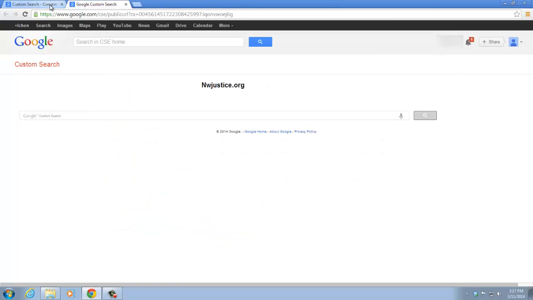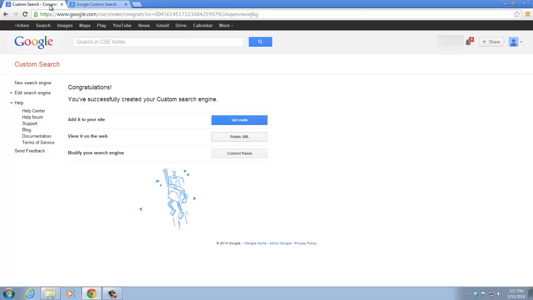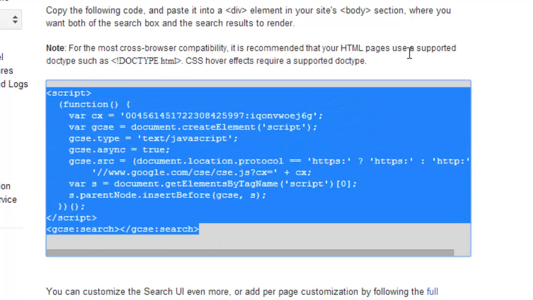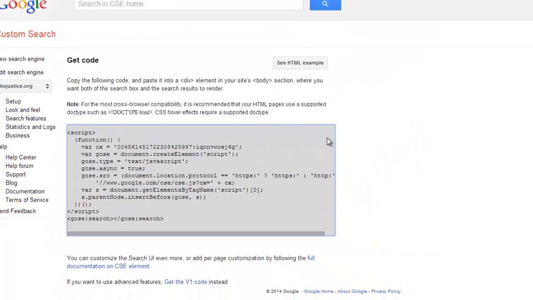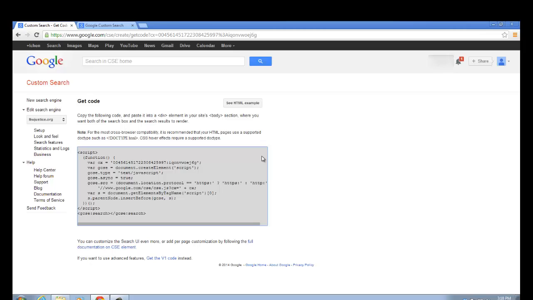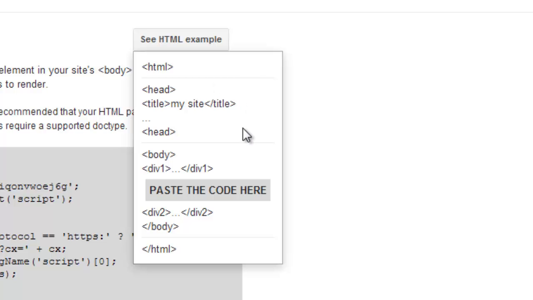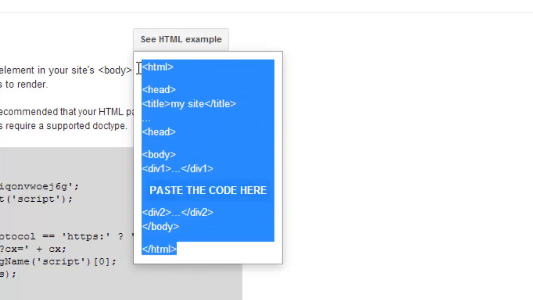Now, let's get the code implemented into your site. We click on Get Code, and you can see here's a script right here. All you have to do is copy and paste the script into one of the divs in your site. Now, let's make a quick web page for the custom search engine that you just created. We can look at the HTML example right here and copy the code,